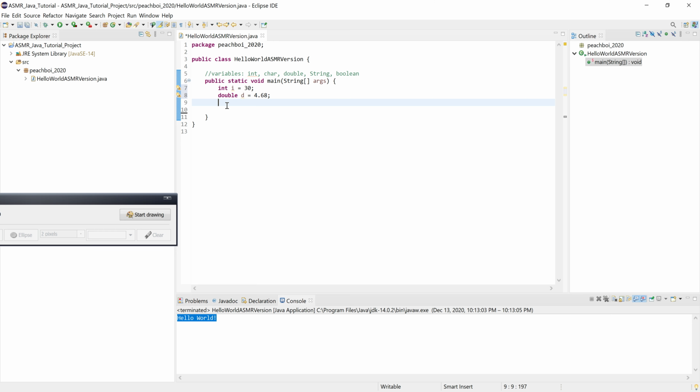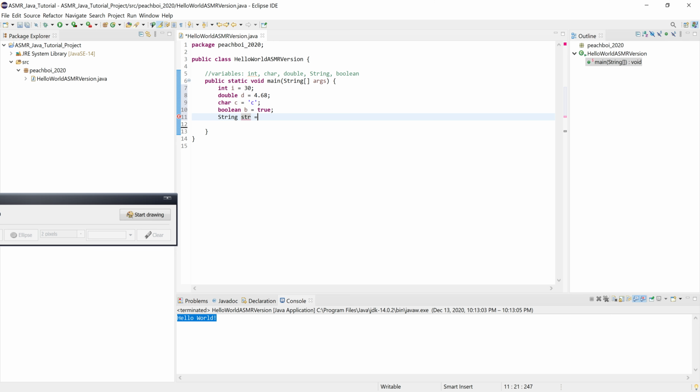Char c equals, remember, single quotes for char. Well, let's see. And then boolean b, set that to true. And then string s, let's go str